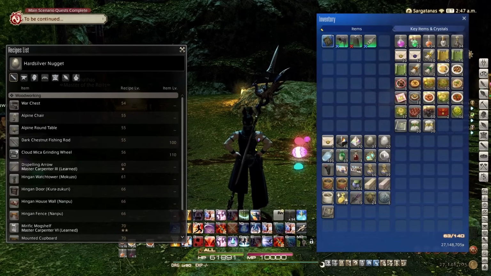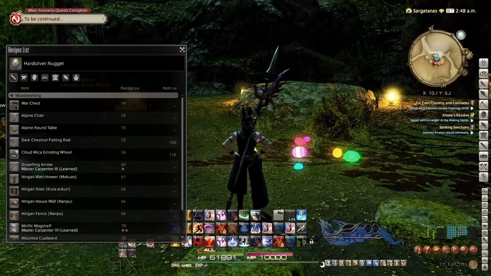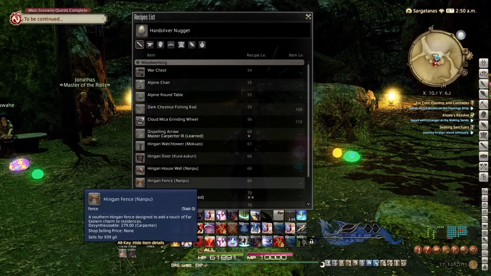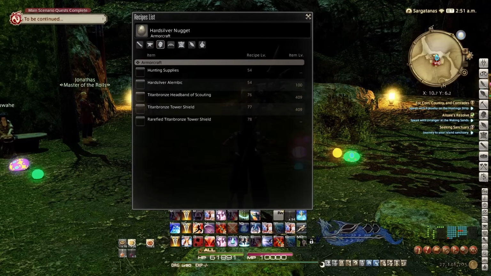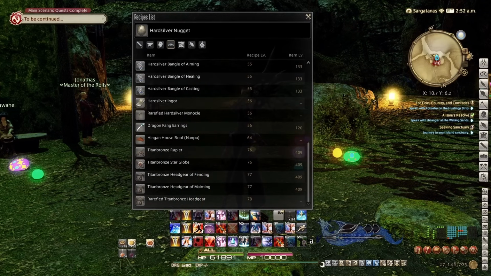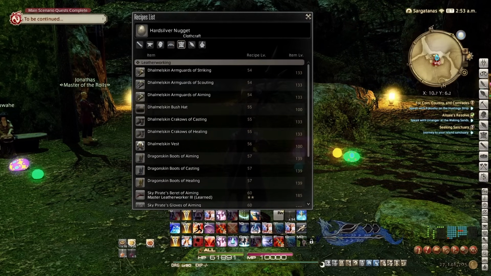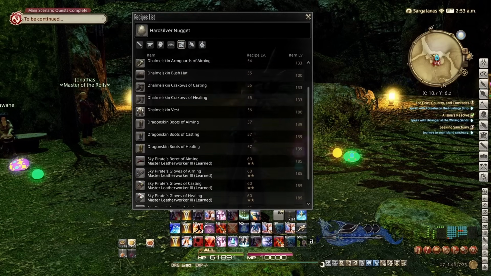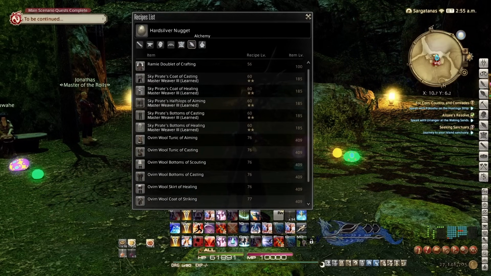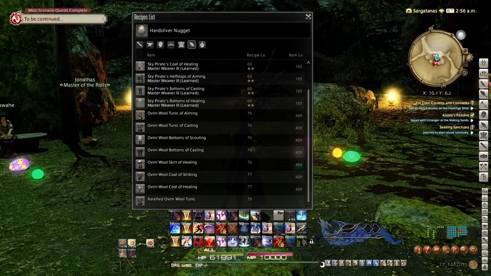So let's say you send out a retainer, and that retainer brings back a material that you've never heard of. You don't know how to get it, nothing. What do you craft with it? If you're ever not sure what to do with a particular material, just right click it and search for recipes. The game will then show you all of the recipes you have access to so you can put it to good use. Like I said, this is especially useful for rare materials that make level 1 glamour gear items,